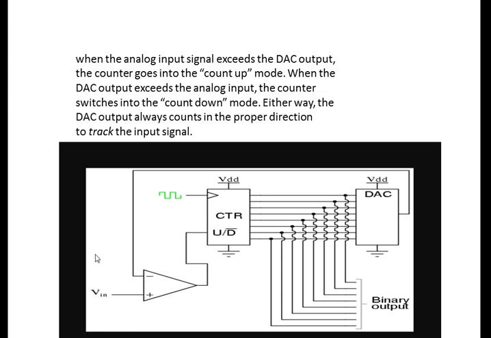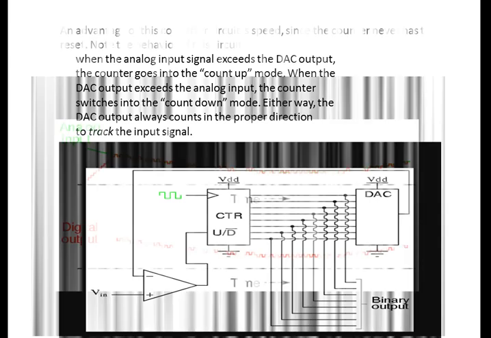For example, if I want 7, the digital equivalent number of 7 is 111. So previously I am having 8, so it will count down. Previously it is having 8, so this counter acts as the down counter, and the next count will be 7. So initially I am having 8. If I want 9, then this counter acts as the up counter, and I will get 9. So in this way, every time there is no need to reset the DAC voltage. We will count by the usage of the up down counter.